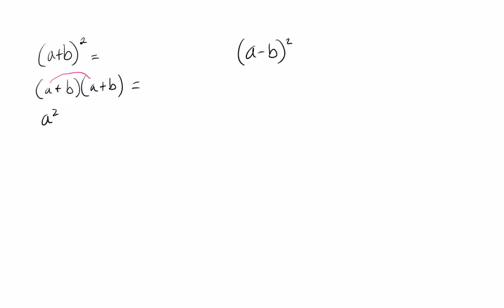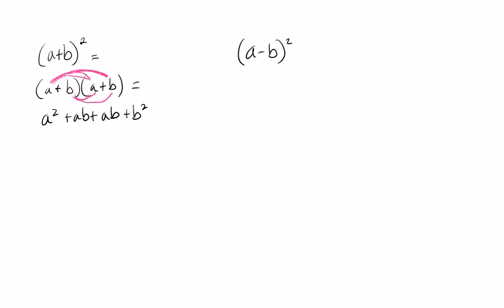We can multiply a times b. So a times b is ab. B times a is ab, right? Or ba. Remember, commutative property of multiplication. We can write it either way. And then we have b times b, which is our last times last. So that's b squared. Okay, so we did first,